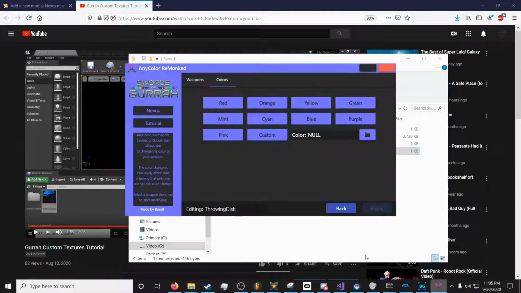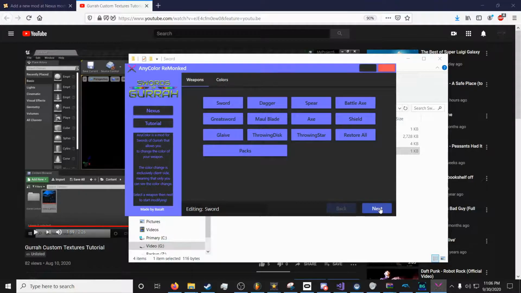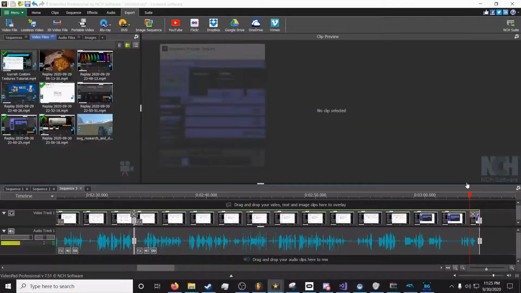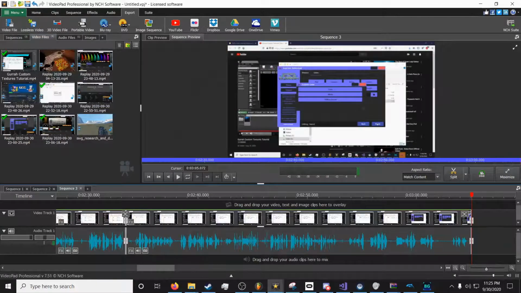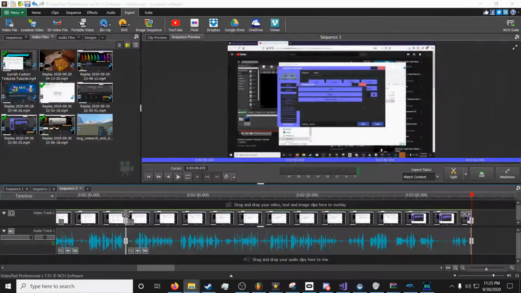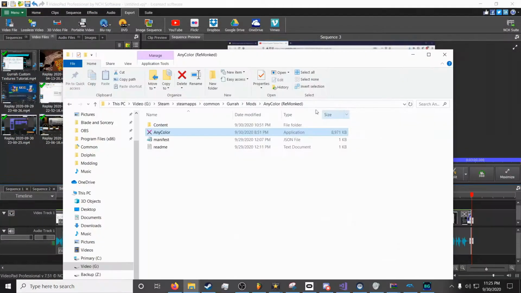Just go into AnyColor and select your weapon and make sure it appears. Off blue sword. There it is. There's a little more than that. I forgot the thing. So once you test it in game, head on over back to AnyColor, navigate to the